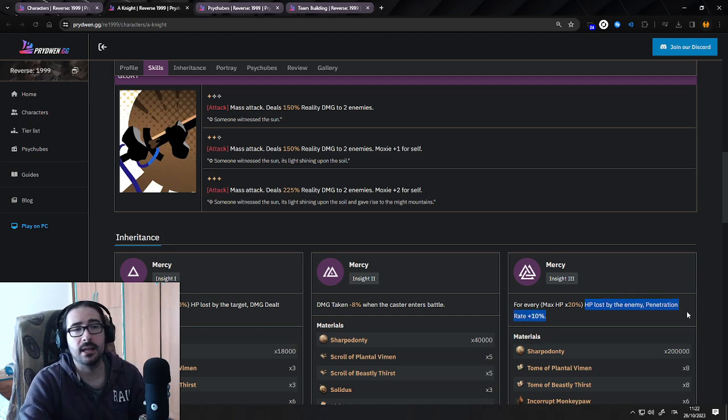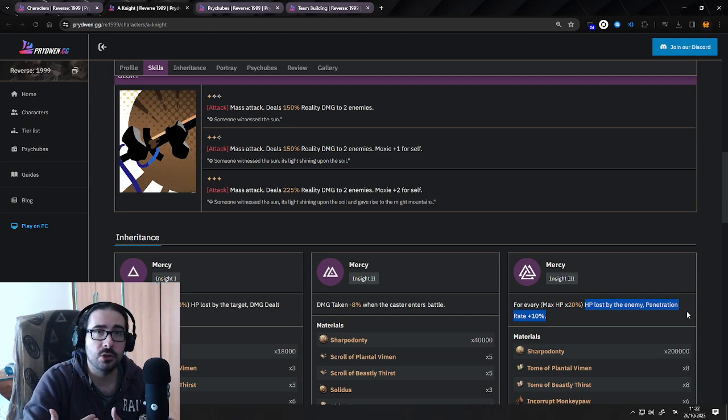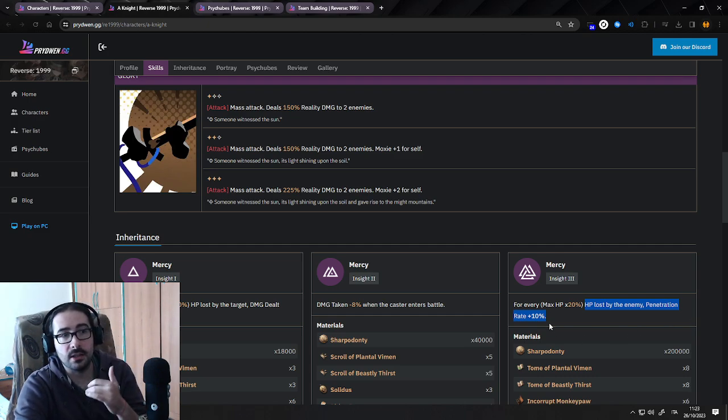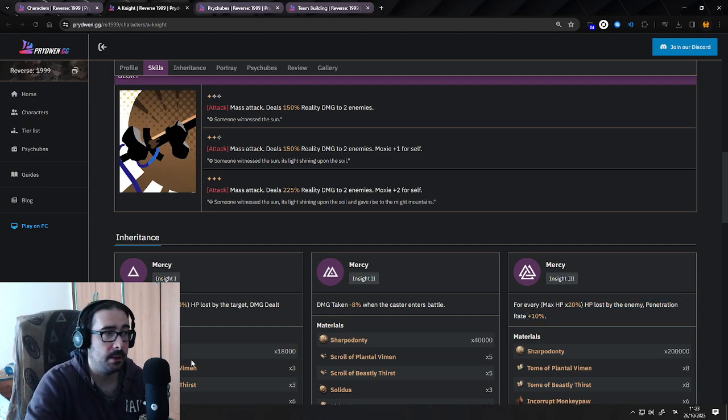Penetration rate is like extra damage going through the armor a little bit. So it's going to ignore a little bit of the defense that they have, the reality or mental defense. I mean, if they have low reality, you're going to deal even more damage with the penetration rate, right? So